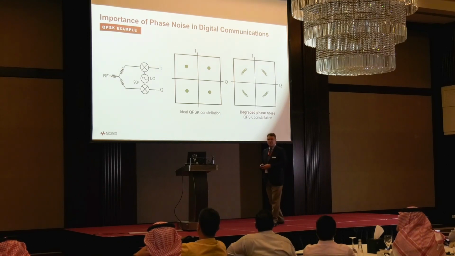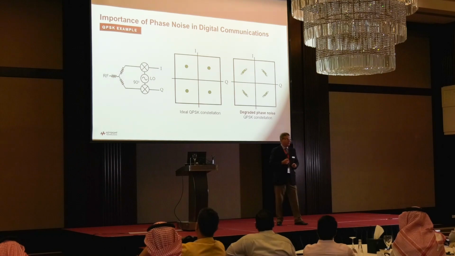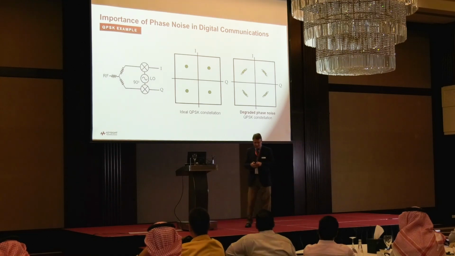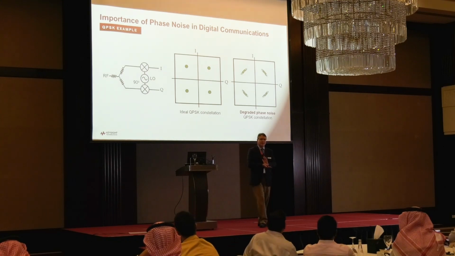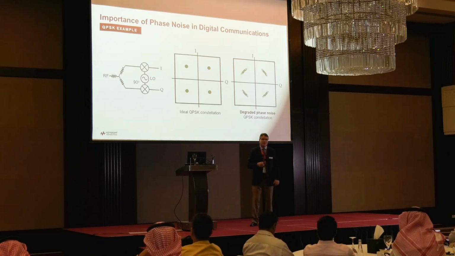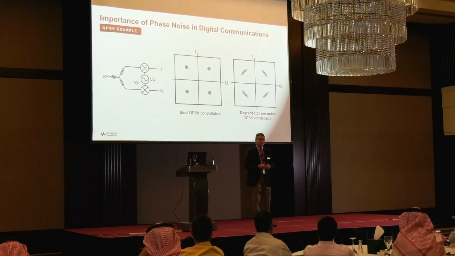In the communications world, I won't go deeply into digital wireless comms here, but when we modulate the digital bits onto a carrier, it's done in such a way that we represent ones and zeros with different points on the phasor diagram. It's a complex modulation scheme. And we typically call that an IQ or constellation display. And so if we have a perfect oscillator providing the source for the quadrature mixing of my RF to modulate information on the carrier, you get very nicely described dots in their appropriate points on the constellation